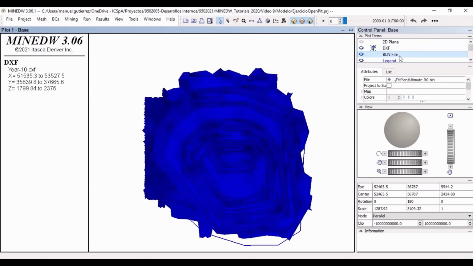This will allow interpolation of the nodes that are within this polygon in MINEDW, and therefore they are the ones that will be modifying their elevation as the mining plan advances. Once we have the BLN file created and the text files for each of the topographies that we are interested to interpolate, we are going to create the mining plan for